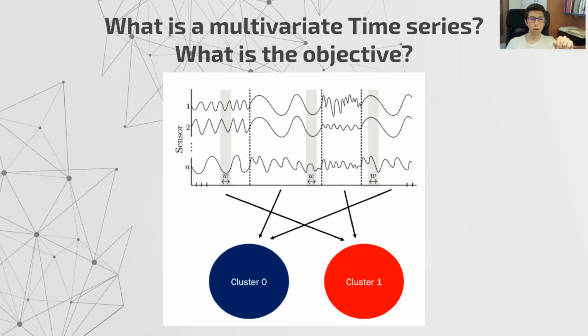How can we create this separation in windows? There are two ways. We can consider fixed windows, or windows that vary, that change according to the shape of the multivariate time series that we are considering. For a data mining purpose, it is suggested to use the first way, and so to fix a length of